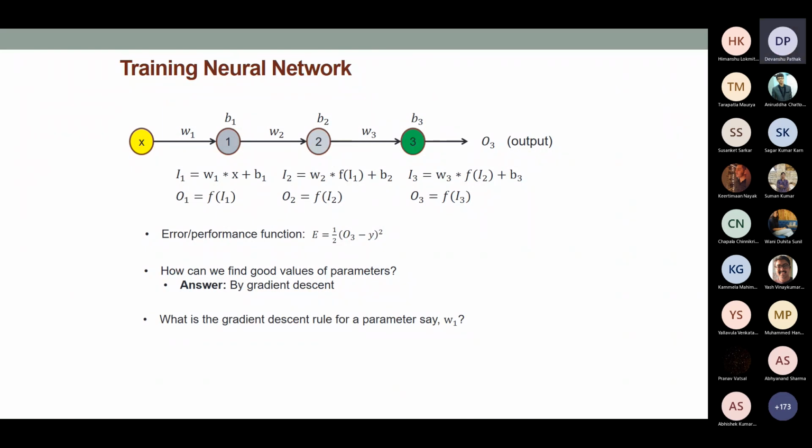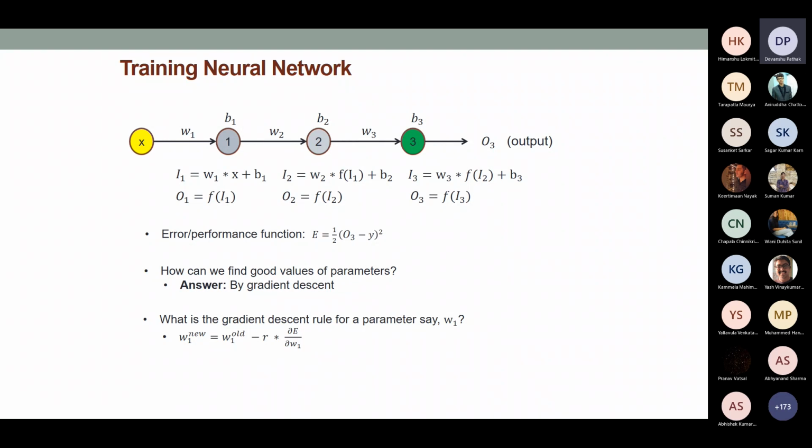So now recall the gradient descent rule for any particular parameter. Say, for example, I want to update this parameter W1. The rule is basically W new is equal to W old minus R into del E del W1, and that's the rule for vanilla gradient descent. You have also seen AdaGrad, Adam and so on. But everywhere, the quantity that you need to compute is the partial derivative of the error function with respect to that particular parameter which you are considering.